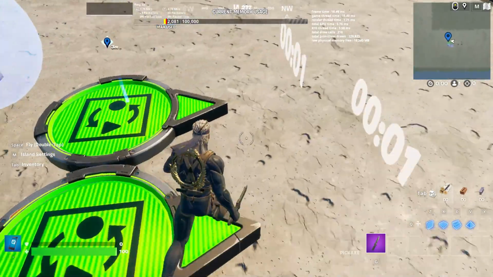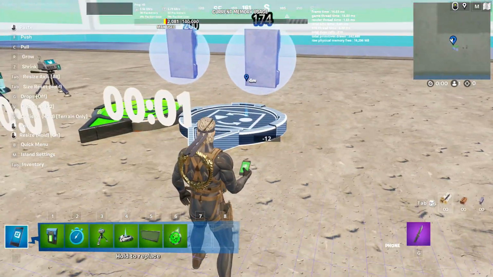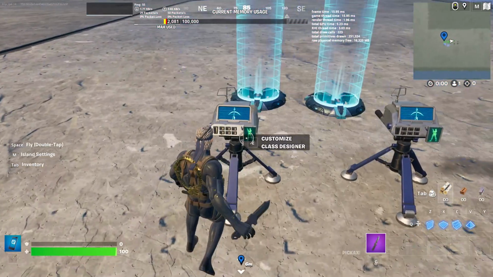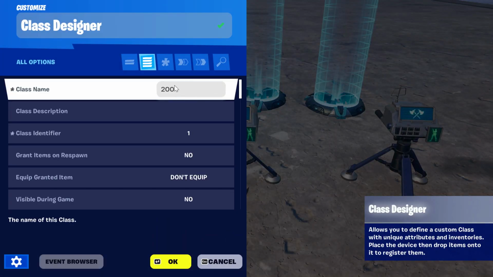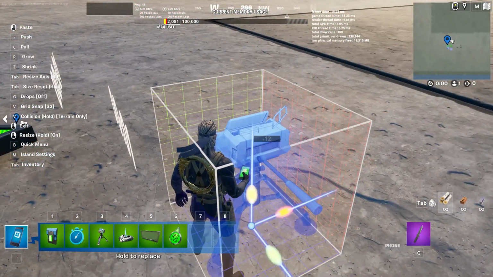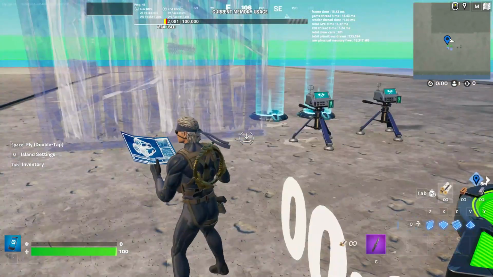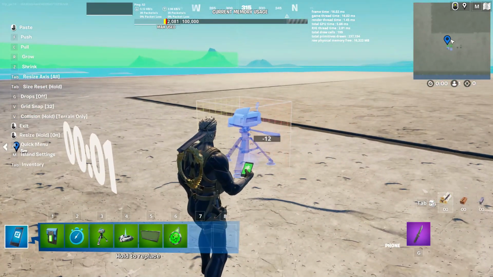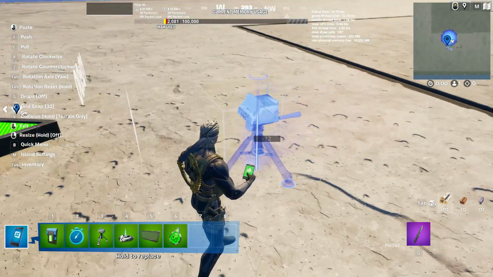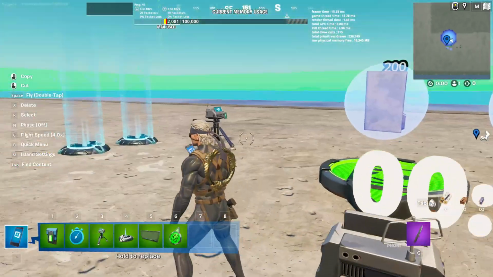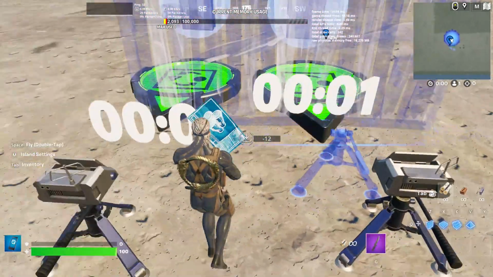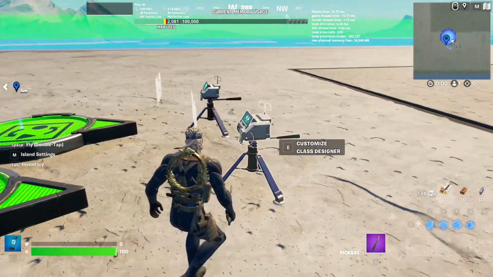But we need to make something. When you are inside the muter device, it's going to make something. So we want the 200 right here. I want to take it here. I'm not only showing you, it's not only a tutorial, I'm trying to teach you. So now we want